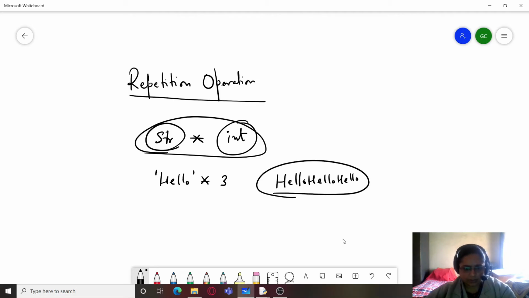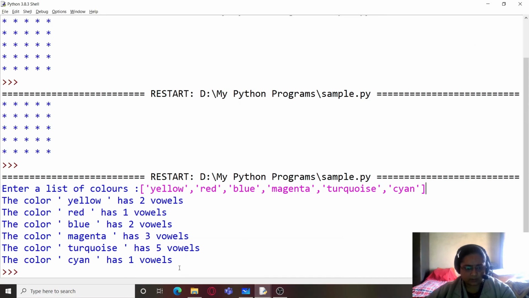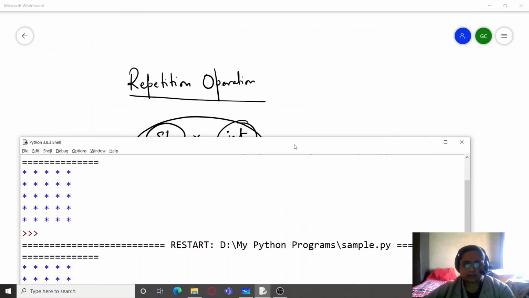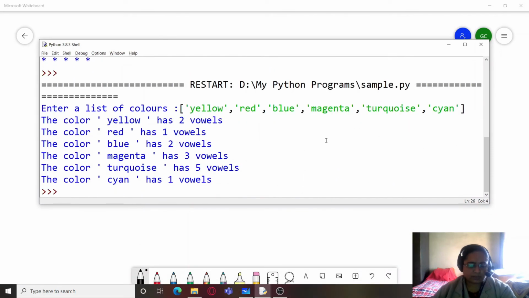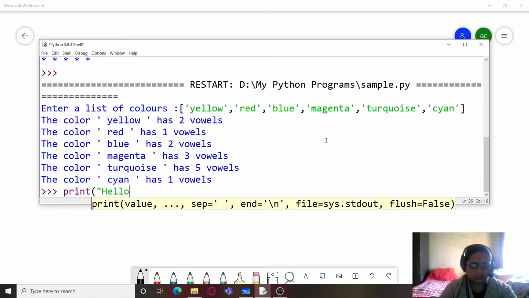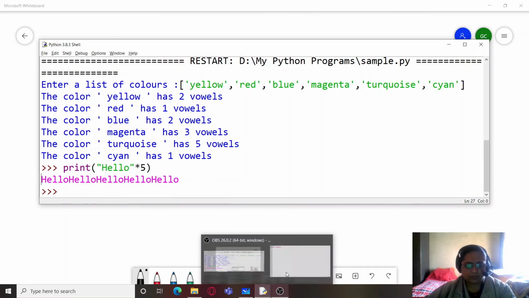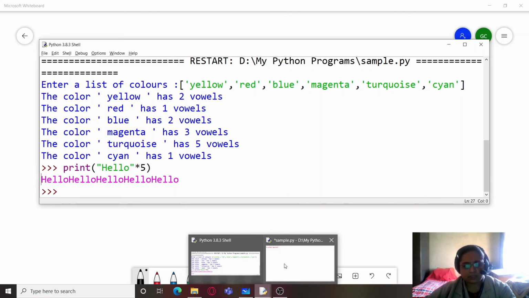So I'll just show it to you once on the console. I'm just going to write here print hello into 5, and you can see that hello is repeated 5 times. So I'm going to use exactly this operation over here.